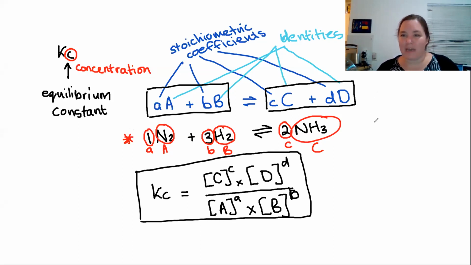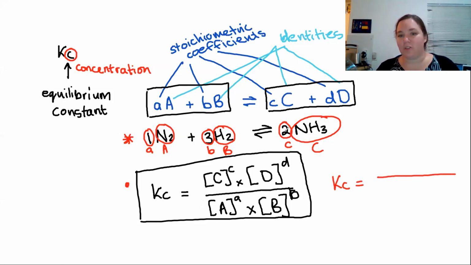So this is a little bit like maths equations where we put in X's and Y's and variables and we come up with general rules and then you can plug things into a formula. This is kind of like our formula, but it isn't always the formula because we may have more than just two things on the top and more than just two things on the bottom. In this case, we're going to quickly work out what the Kc expression is. So the Kc expression for the Haber process says that the Kc will equal,